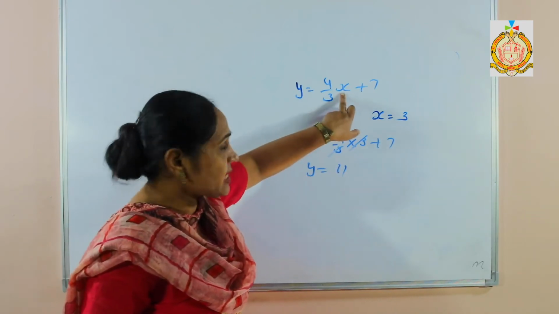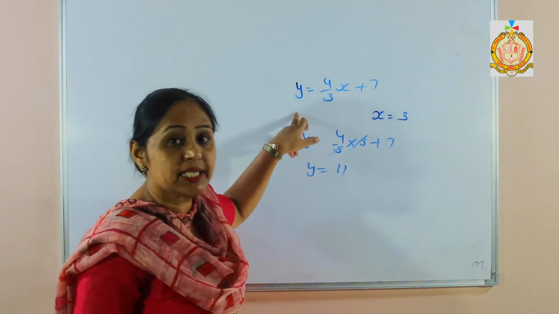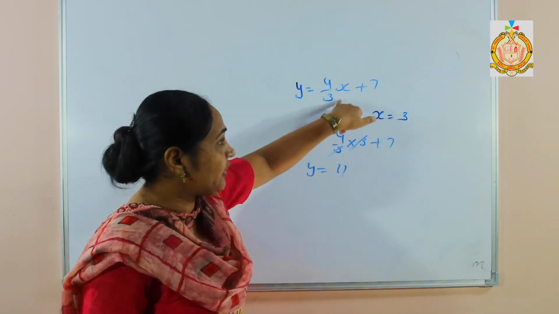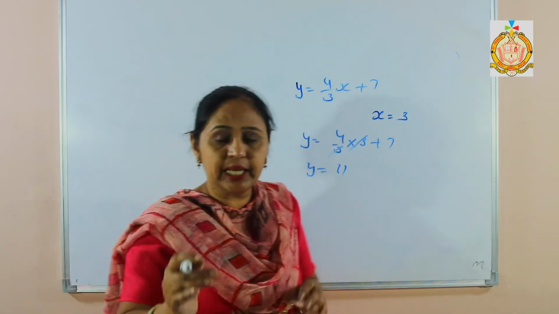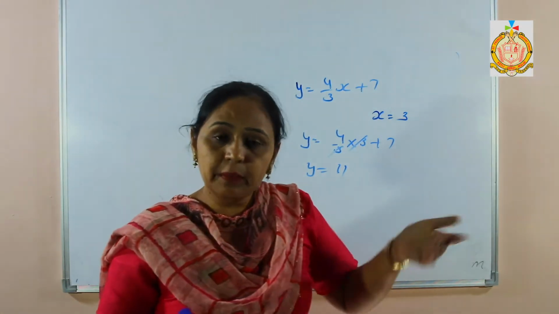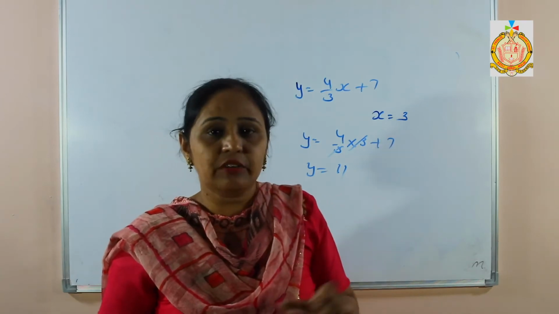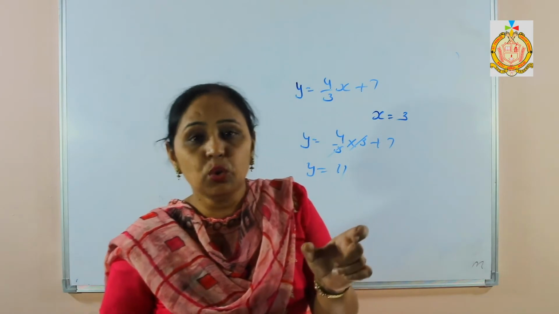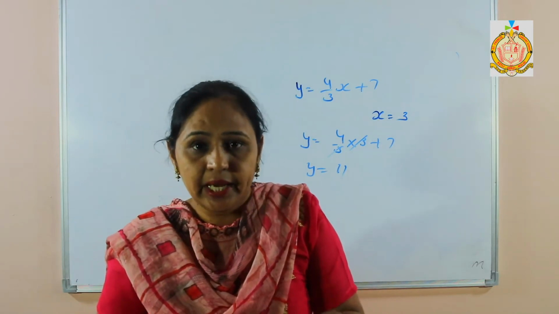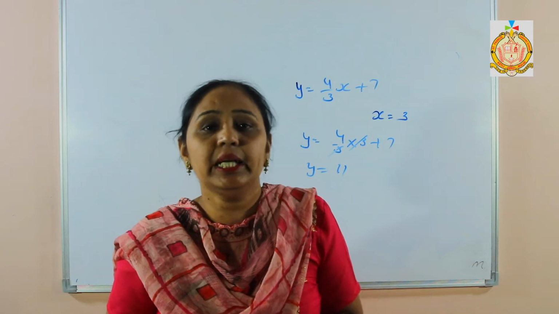It means x is independent and y is dependent on x. If I change the value of x, y also changes. I can take any value for x, but y depends on x because by changing the value of x, y will also change. In this exercise, who is alone is independent, and who is in the group is dependent.